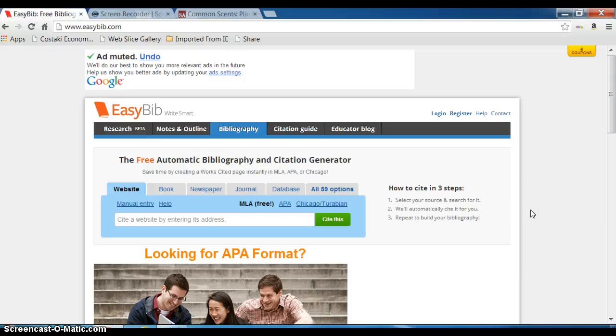Today we're going to go over how to use the online bibliography and citation generator EasyBib. It's better for you if you create an EasyBib account, and the reason is that EasyBib will store all your citations for you, and then when you're ready at the end of your research and project work to print out that final list of resources, creating your bibliography or works cited page, you can simply log back into your account